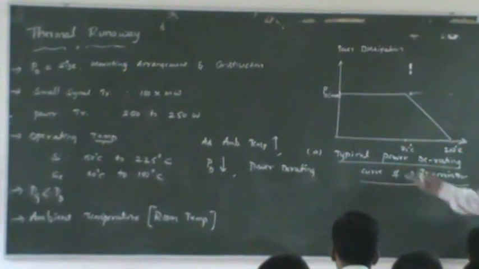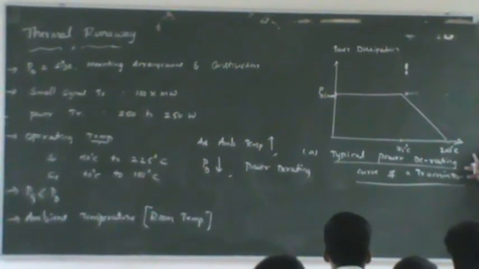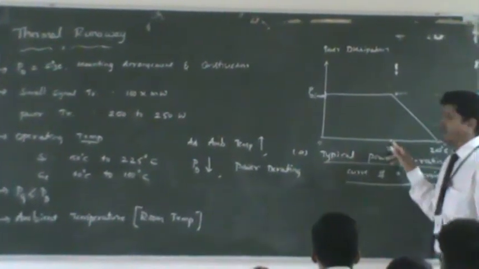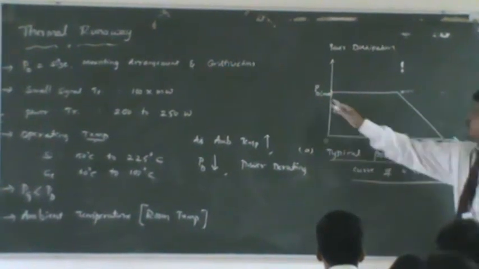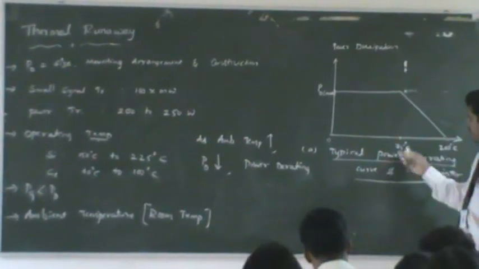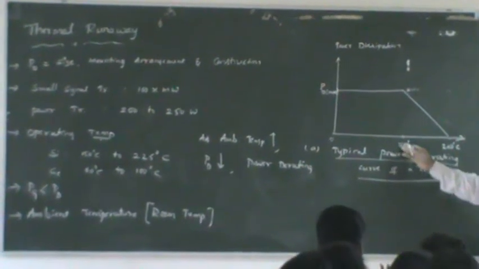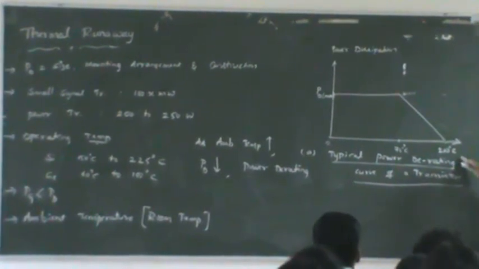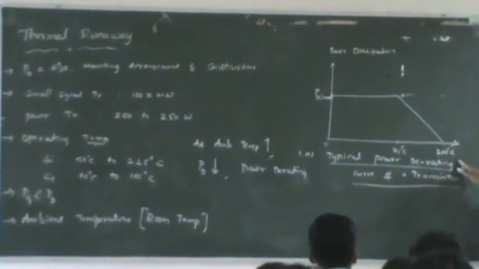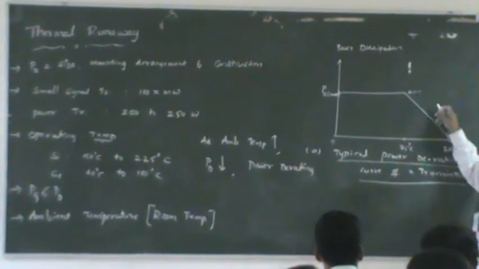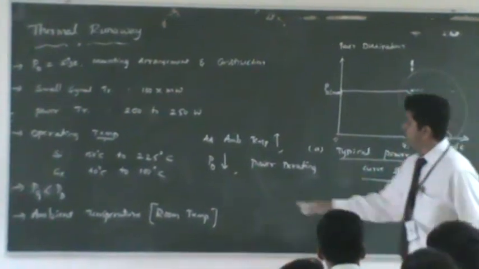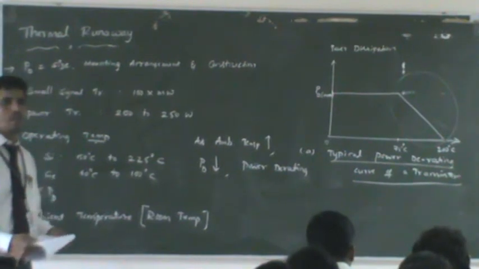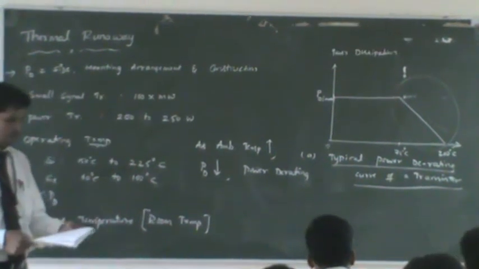You can see that the x-axis represents the temperature in a transistor, and from 0 degrees Celsius to 75 degrees Celsius, power dissipation is almost constant. But beyond that, when the room temperature goes beyond 75 degrees Celsius, let it go up to 200 degrees Celsius, you can see the PD max, that PD is going to be decreasing. That is, power dissipation in a transistor keeps on decreasing. This approach, whatever you see here, is called power derating. These are definitions which are usually asked in examinations. What is power derating? You can explain this topic.